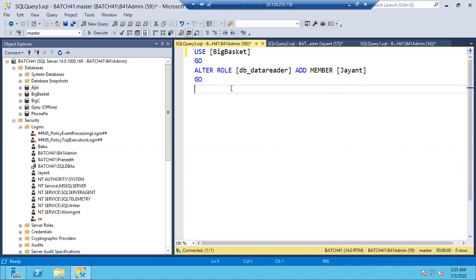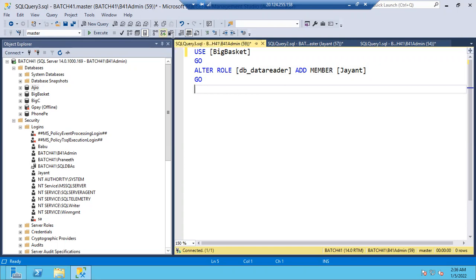Tell me, guys, please participate. Yes, we can execute. Who is saying we will get the error? Nag is saying error. Okay, so what error will we get, Nag? Can you please explain? Nag, Fayak, and who else? Rajesh said no. Some people said error. What error can I get? Select permission means if I add into the data reader role, he will get select permission, right? Again, why do I have to specifically give it?